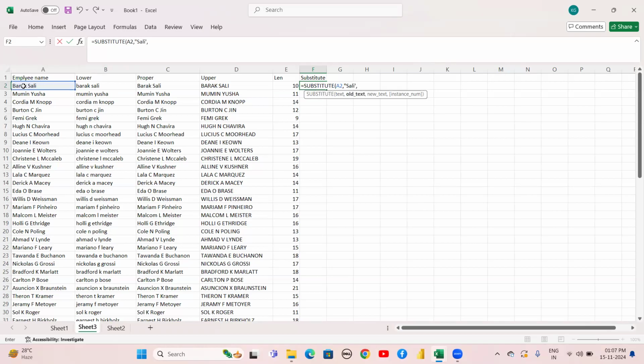Complete the length of the string. Barak Sally is known as one string. It means that this is the proper, complete name of one person, Barak Sally. And now what we want to do is change the Sali with another surname. This is Sally, Sali. So here what we will do,